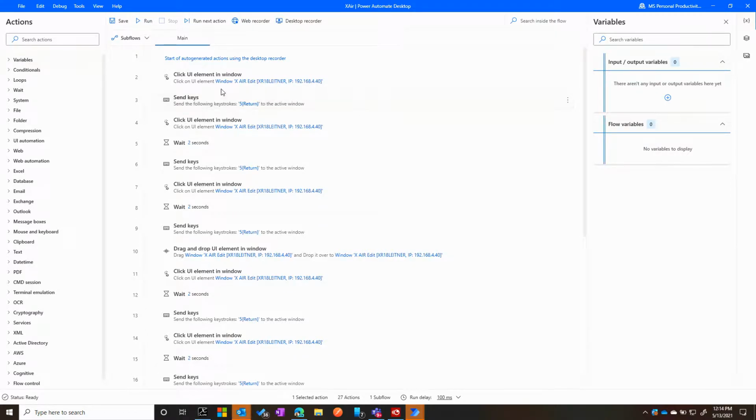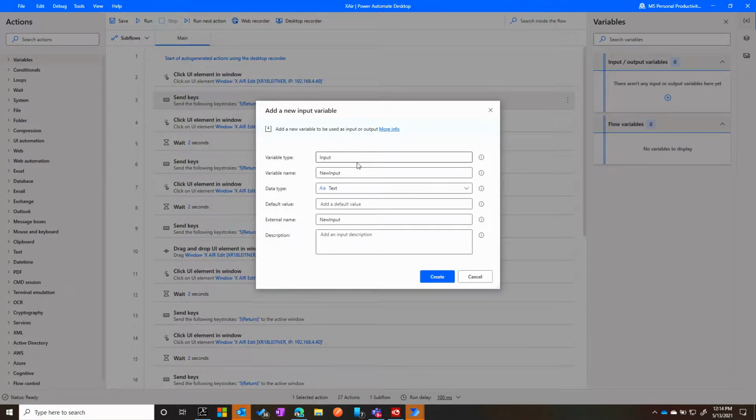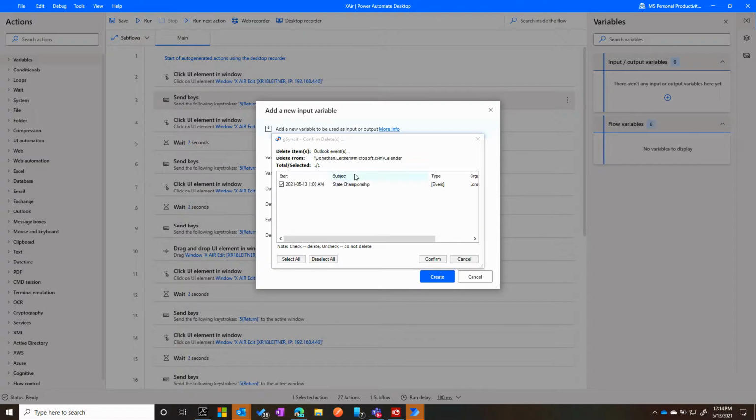And then send keys. Now I don't always want this to go to 5, so I have to do a couple things here. I first need to create some variables. So we're going to do an input variable, and we're just going to name this channel 1 volume. Data type is going to be text. We're going to set a default value, something that's not going to be blaring. So maybe we'll do a default